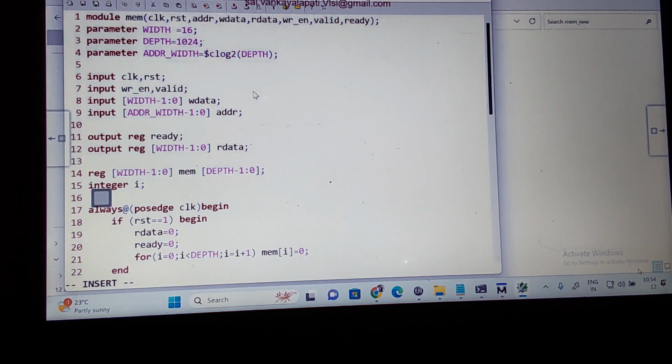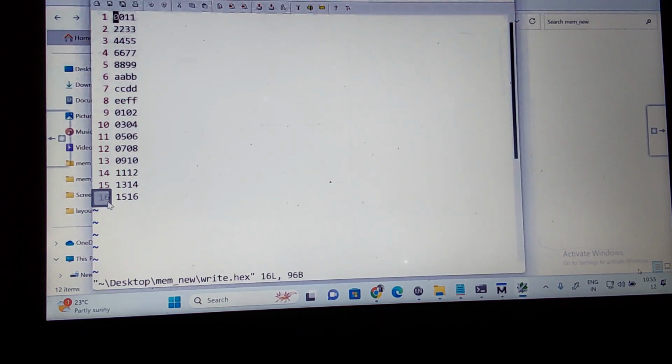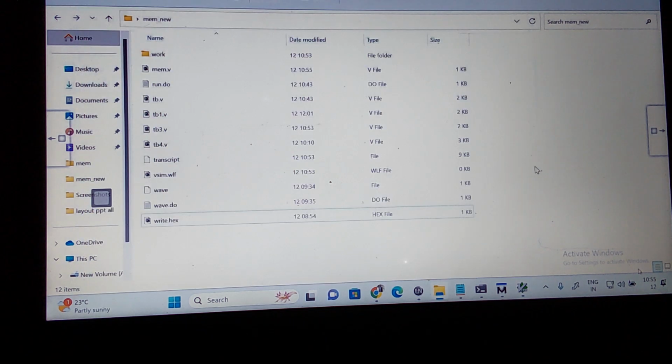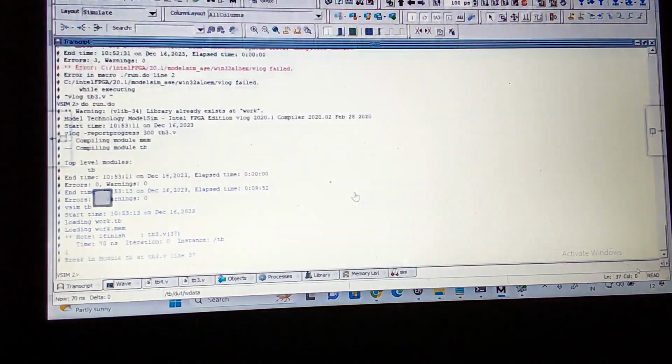Depth of 1024. Now when you want to write, how many writes will be there? 1024 for the write operation. But in my write.exe file I have data only up to 16. But how many times should I do it when I want to write? This is nothing but 1024. So only 16 lines are there; by default the other lines it is taking as 0, 0, 0. You understand? Now how many writes should happen? 1024 write operations. Now let us do the read operation.